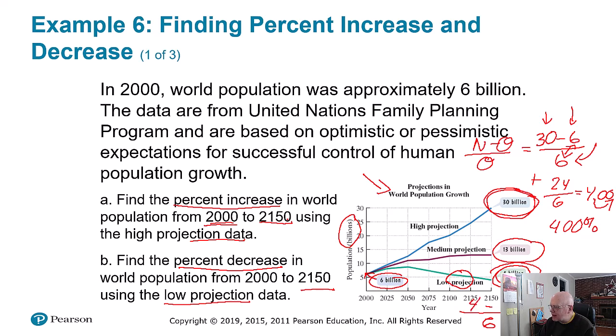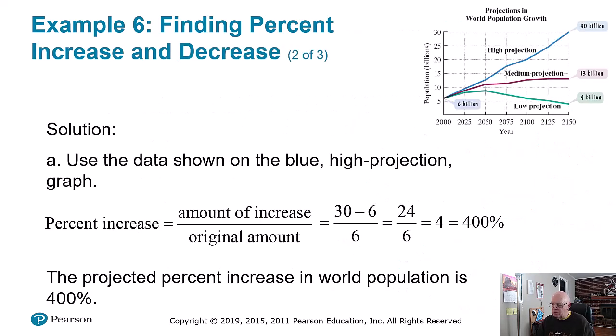All right, what's that as a fraction? 2 over 6, 1 over 3. Change that to a decimal, 0.3333. Move the decimal point 2 places as we did before. Remember, this is negative because that's a decrease. And we'll have 33.3% decrease. Ran out of room there. All right.